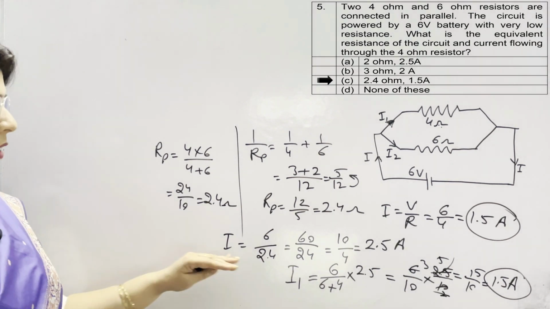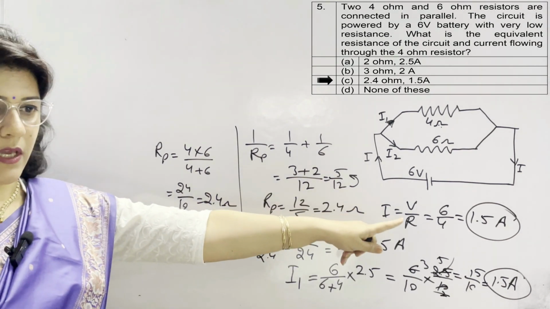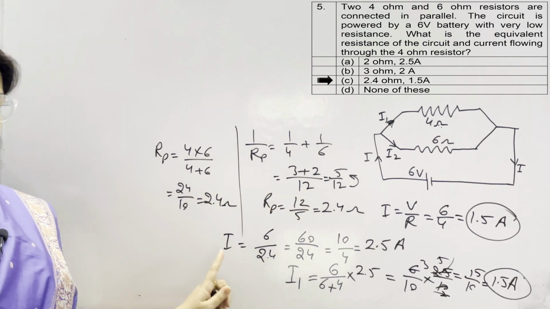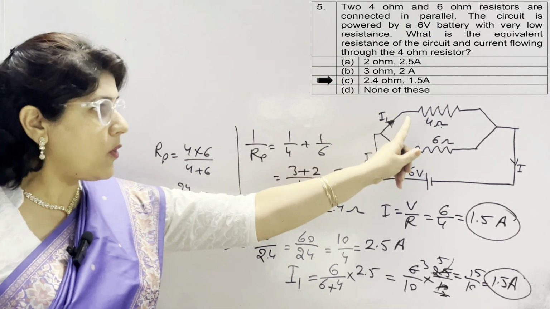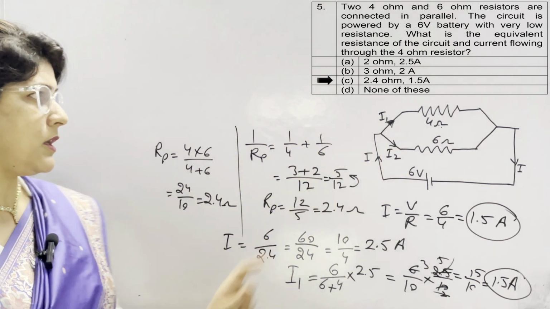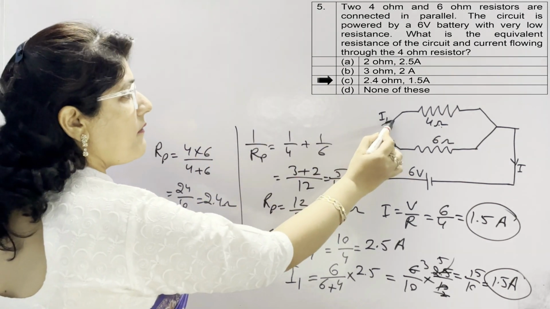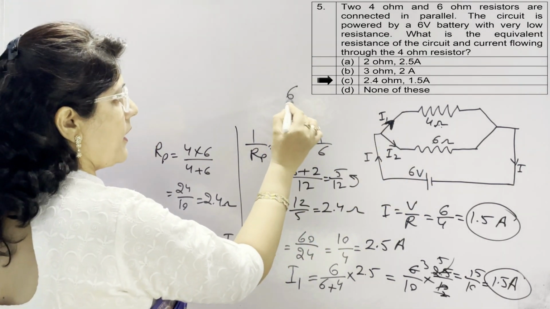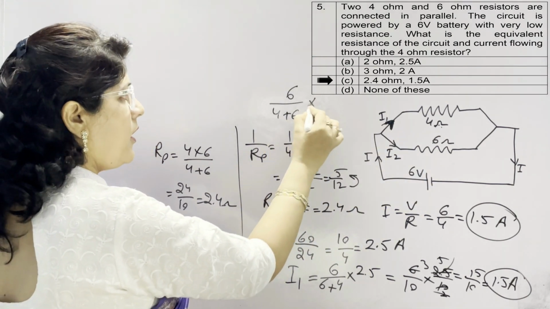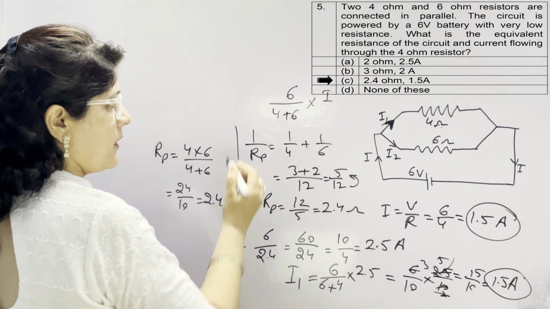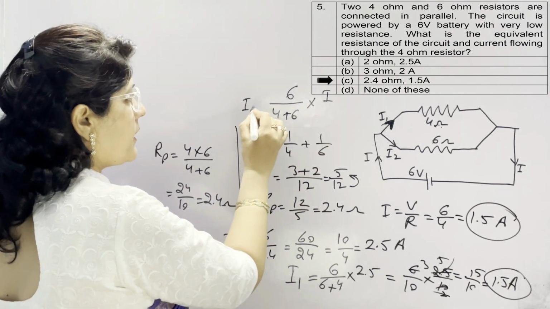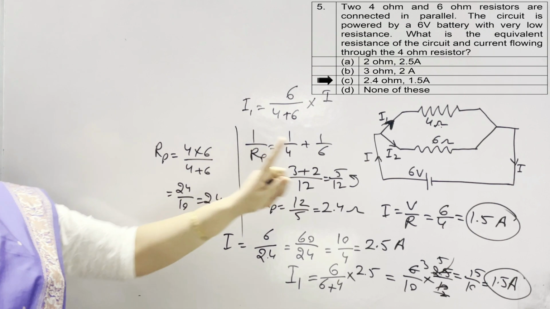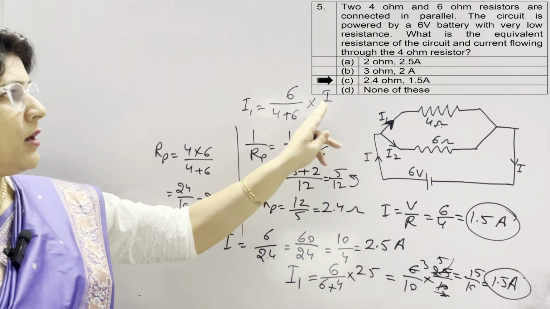बट आप देख सकते हो ये मेथड लेंदी है, वो मेथड इजी है. बट अगर नहीं समझ में आए तो आप करंट कैलकुलेट करने के लिए पैरेलल कॉम्बिनेशन में ये मेथड यूज कर सकते हो, जिसमें हमने अगर I1 में करंट कैलकुलेट करना है, इस रेजिस्टेंस में करना है, तो हम दूसरे रेजिस्टेंस को ऊपर रखेंगे, नीचे दोनों को प्लस कर देंगे और टोटल करंट के साथ मल्टीप्लाई कर देंगे, तो हमारे पास I1 करंट आ जाएगा. अगर I2 का करना है तो हम 4 को ऊपर रखेंगे, नीचे 10 into I हो जाएगा.